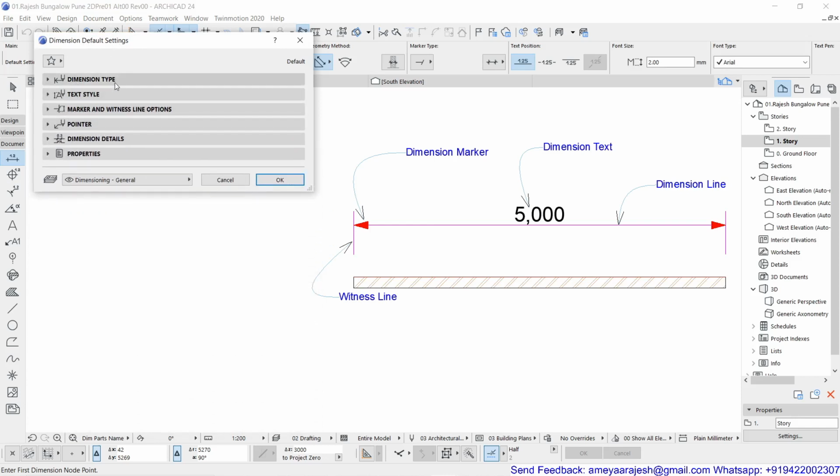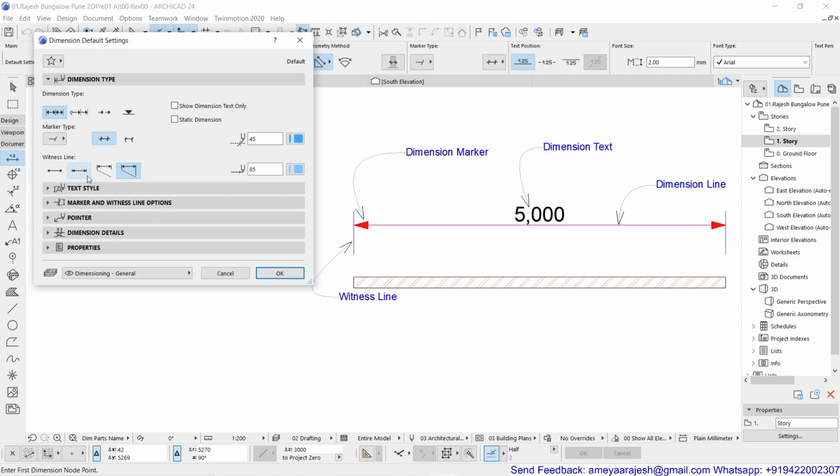Now in the dimension default settings, there are supposed to be several pages. So the first page is the dimension type. Then you have a dimension style. In a dimension type, it can be the linear method, then you have cumulative and baseline, or elevation. The remaining three, depending on your need, you can decide, but this is especially meant for the section elevations when you talk about the parametric object, not the manual section you must have drawn in the normal 2D floor plan window. So we are just going to talk about the first option at the beginning.